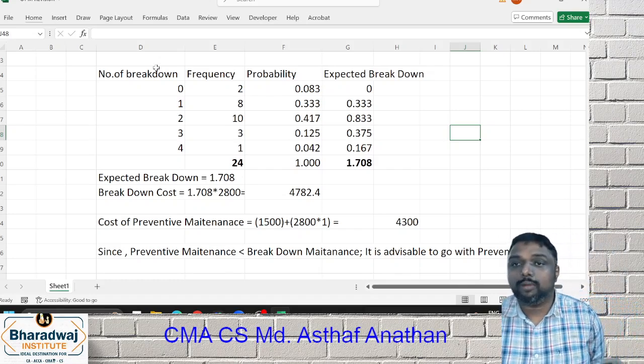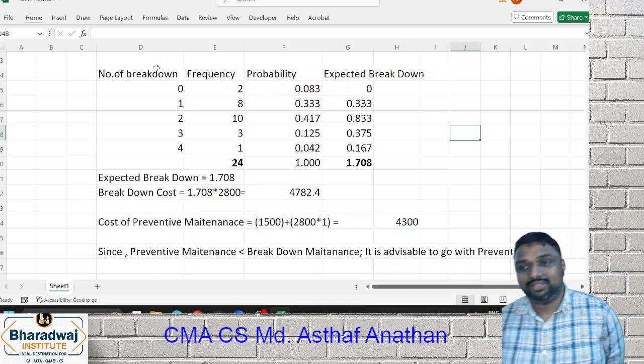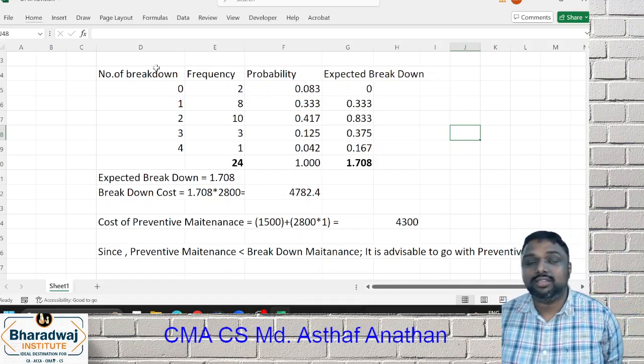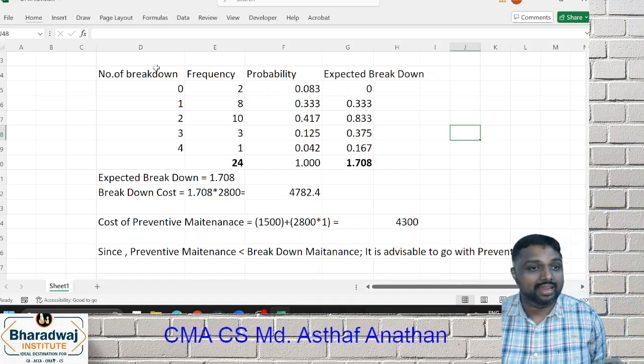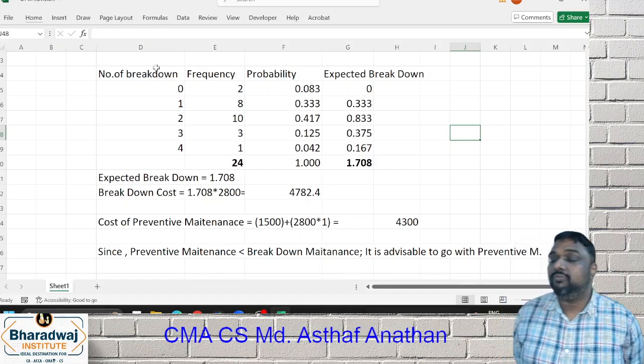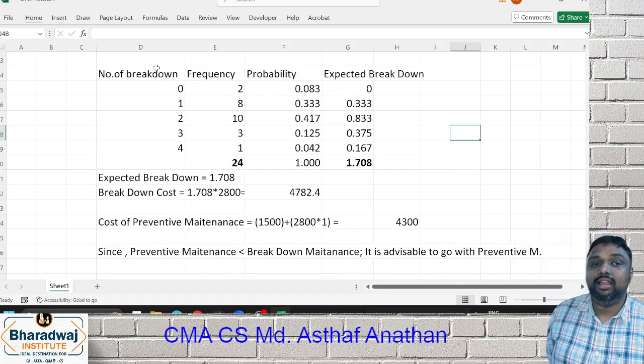So the question will come whether changing individually is best or group is best. Suppose group is best, then what is the timing? Because in group replacement, the problem is that initially the number of failures will be less. So if you replace every month or every year, the cost will be more. So what is the optimum level at which you can change?